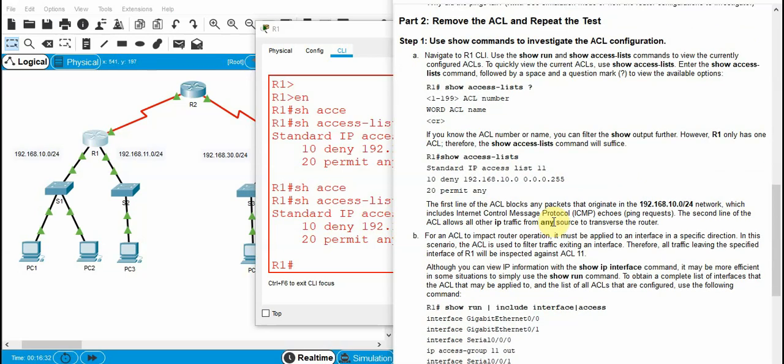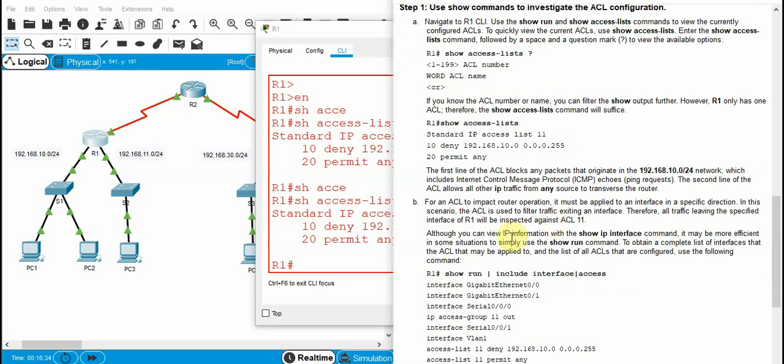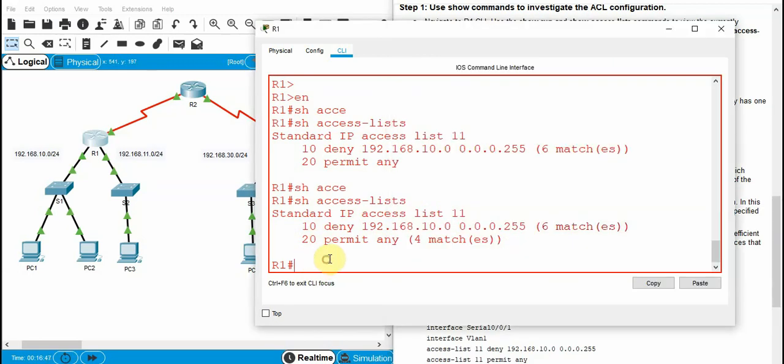Okay, now our task is to implement part B. For an ACL to impact the router operation, it must be applied to an interface in a specific direction. Remember that whenever we just check that the ACL is there on a router, to get an impact it should be applied on a particular interface.